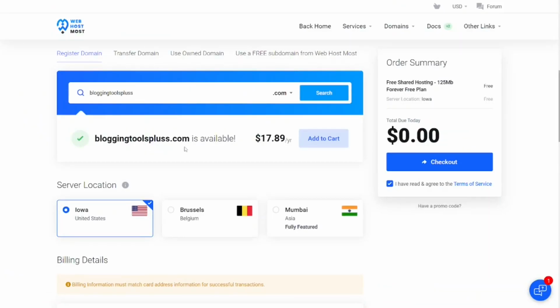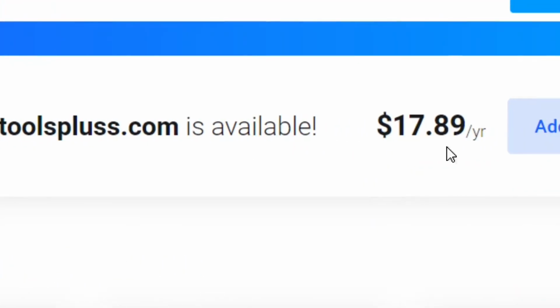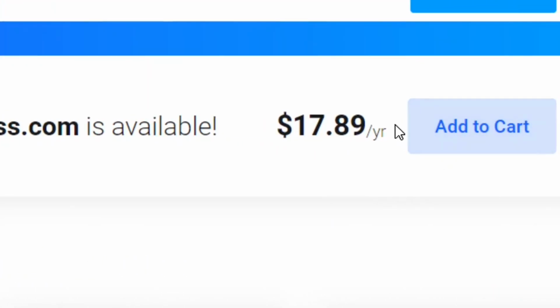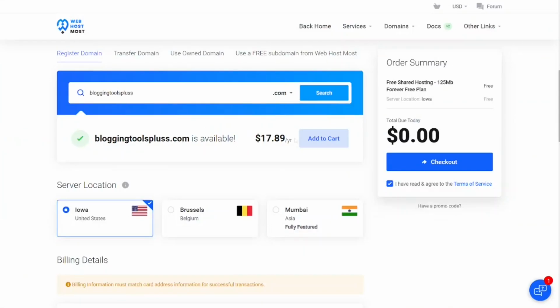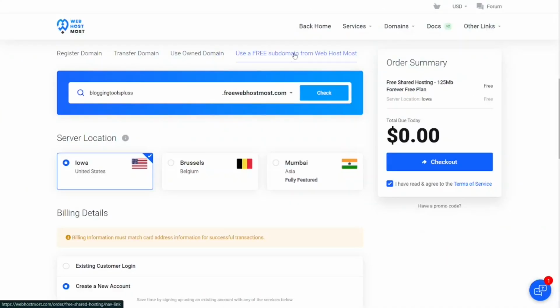So after waiting for a while, you will see that the blogging tools plus is available, and I'm to pay 17.89 dollars. Okay, if you have the money, don't worry, all that you have to do is go ahead and pay it. Okay, but if you don't have the money, let me show you how to get a free subdomain. So where it says use a free subdomain from WebHostMost, just click on it, and with the free subdomain